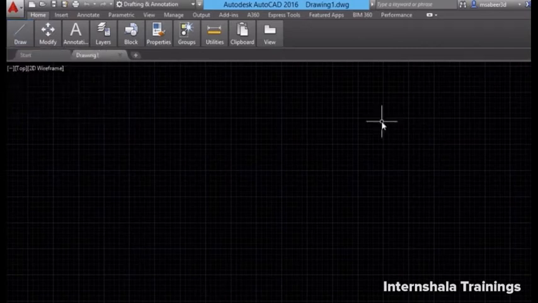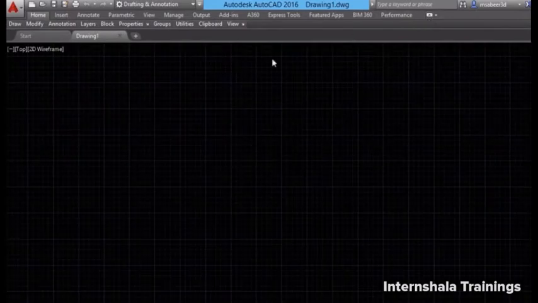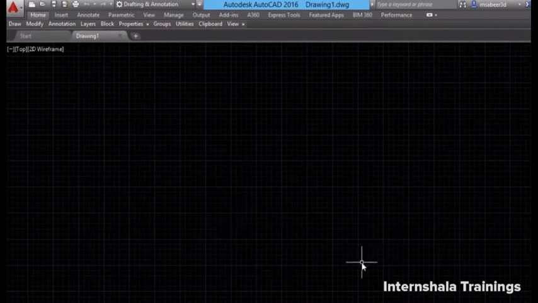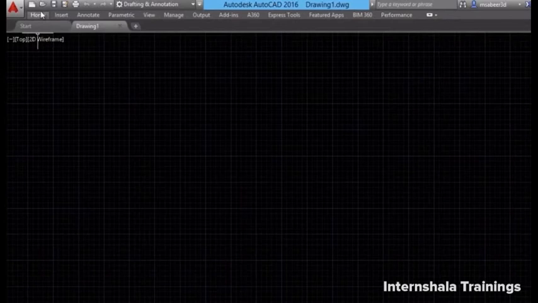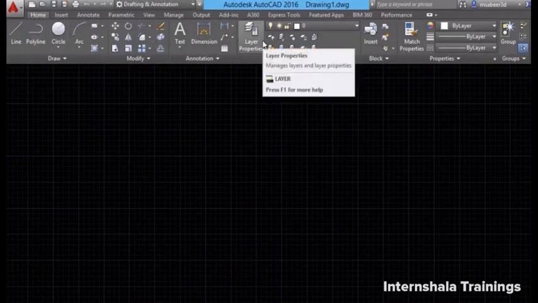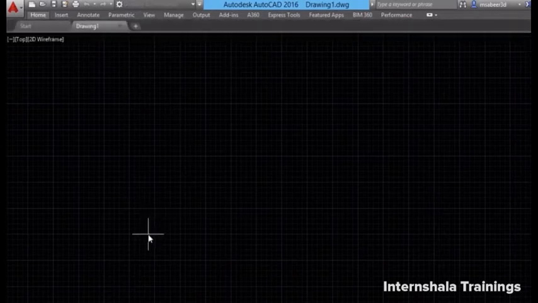Next, if you click once more here, then the panel buttons will get changed to just tabs. And when you take the cursor here, you will get access to the same number of commands. Now you have more screen space available. Now if you make one more click, you will see only the tabs. And when you take the cursor onto a particular tab and make a click, you will see the ribbon temporarily appearing on the screen. And suppose I click on the line command and click the start point, that ribbon will disappear.